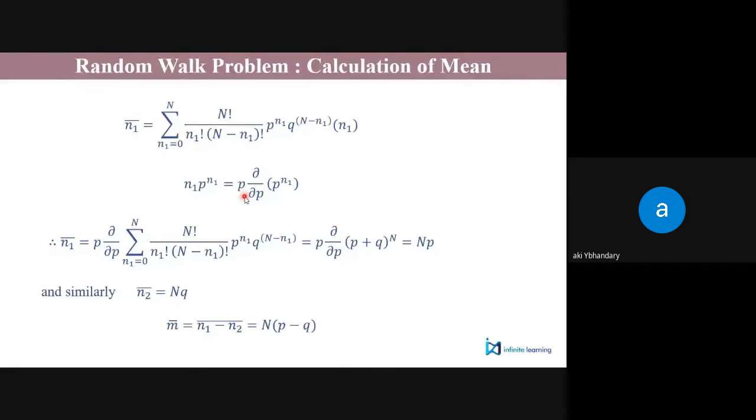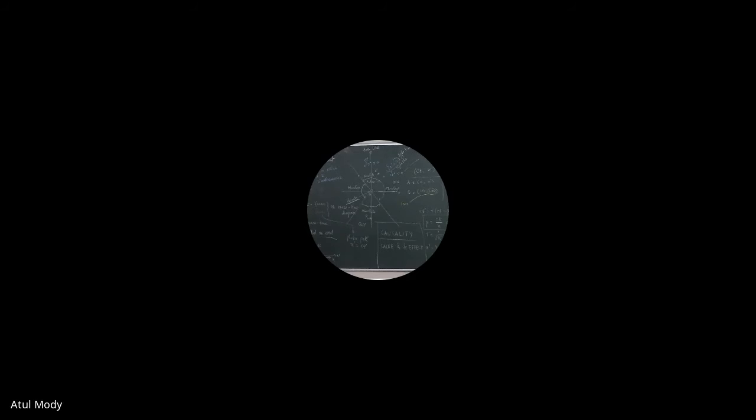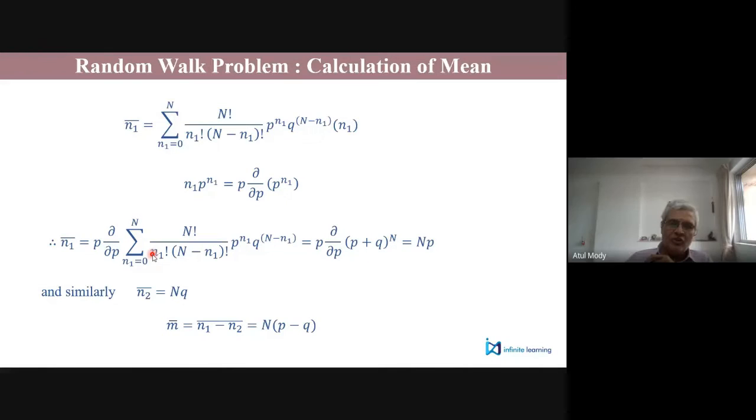Now suppose I had 40 particles and I'm talking about 15 particles, n1 equal to 15. So this will be 40 factorial over 15 factorial times (40 minus 15), which is 25 factorial. That is 40C15, something which I showed you in one of the earlier slides. So that's how you calculate. Is there anybody else who has any doubt with this? Please speak up. Otherwise, you would be lost.